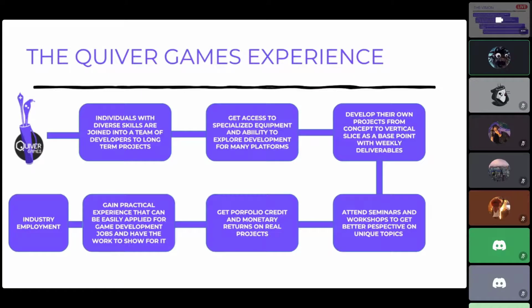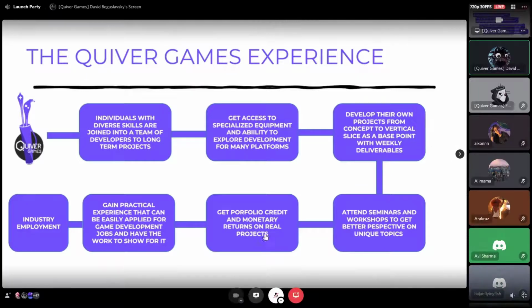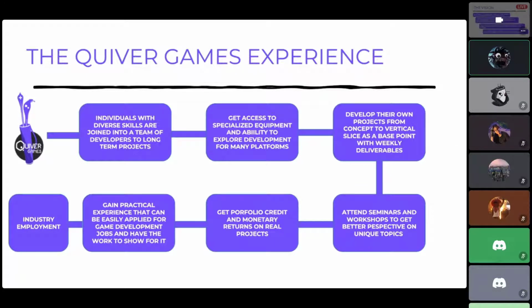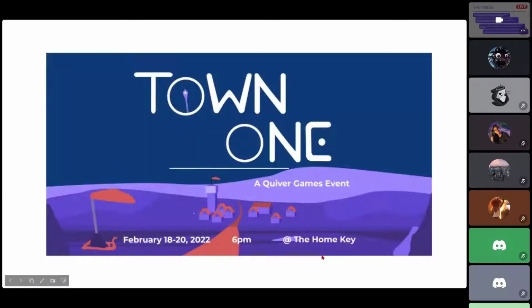A few key things that we want to bring in is highly specialized equipment that is used in higher fidelity game development that normally students don't have access to, like VR, AR, and actually get people to be able to use things like motion capture to really be exposed to industry level processes right away, so they'll be able to transition into work a lot easier.